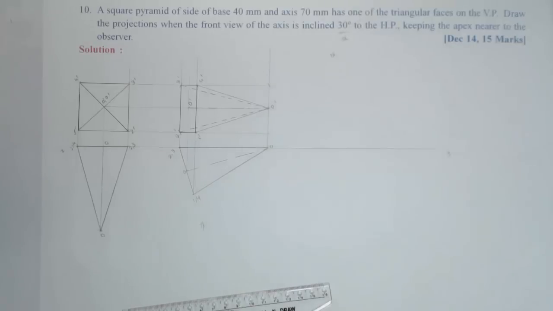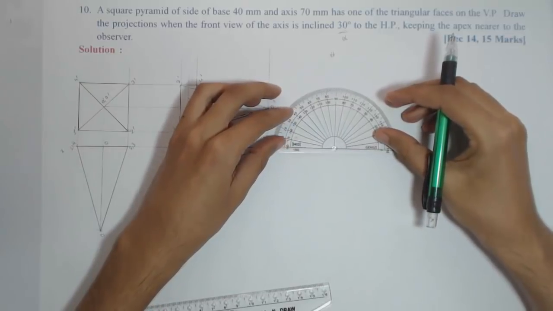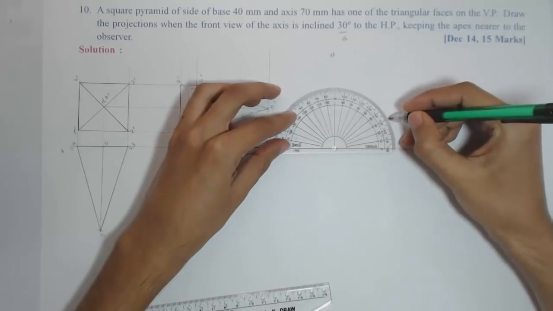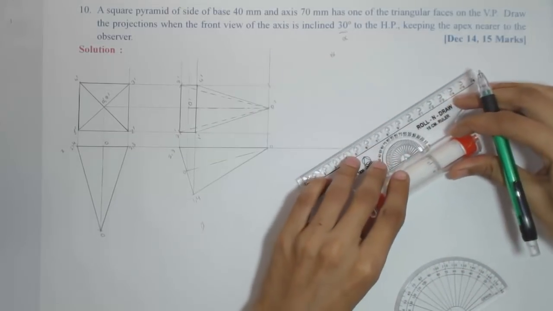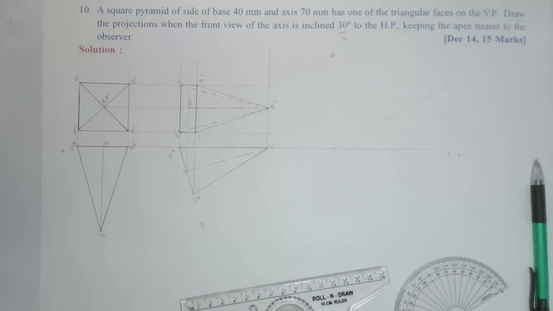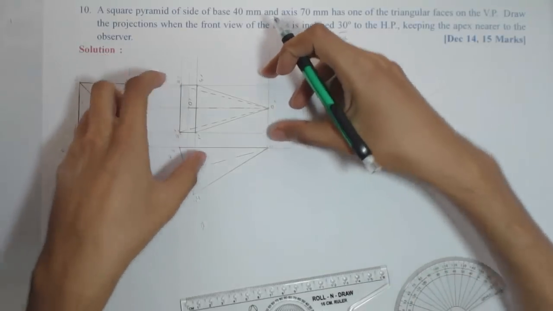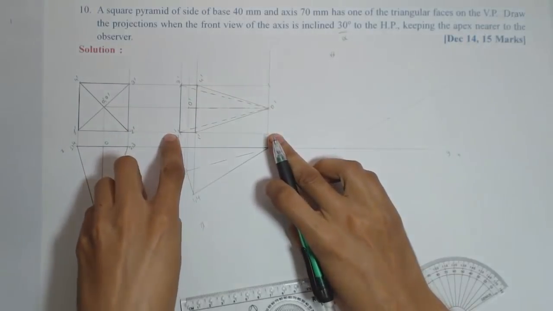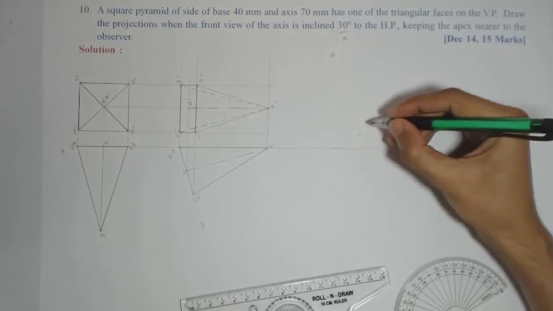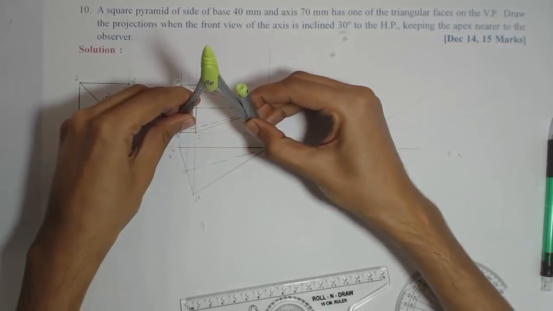So I'll first start with a 30 degree line. And on that 30 degree line, I'll mark first this length of the rectangle. We need to tilt like this. So I'll first mark this length of the rectangle on this line. I'll first randomly select this corner, which is nothing but 2 dash. Now I'll take this much length of the rectangle